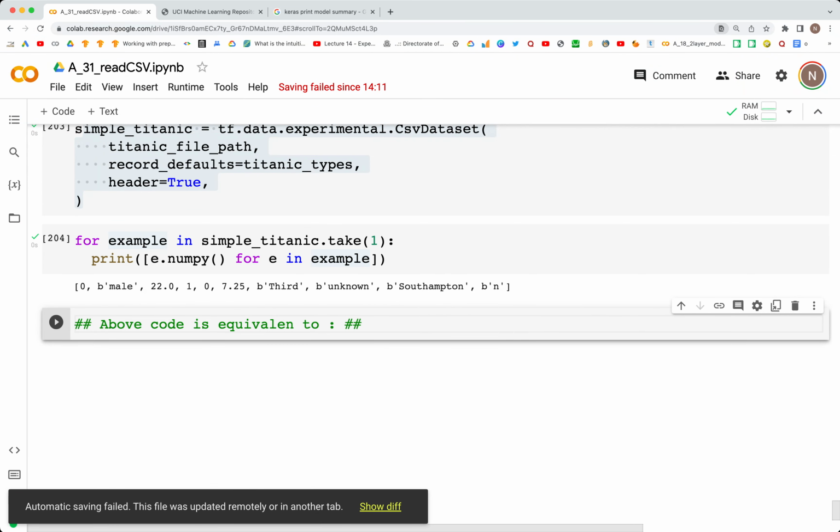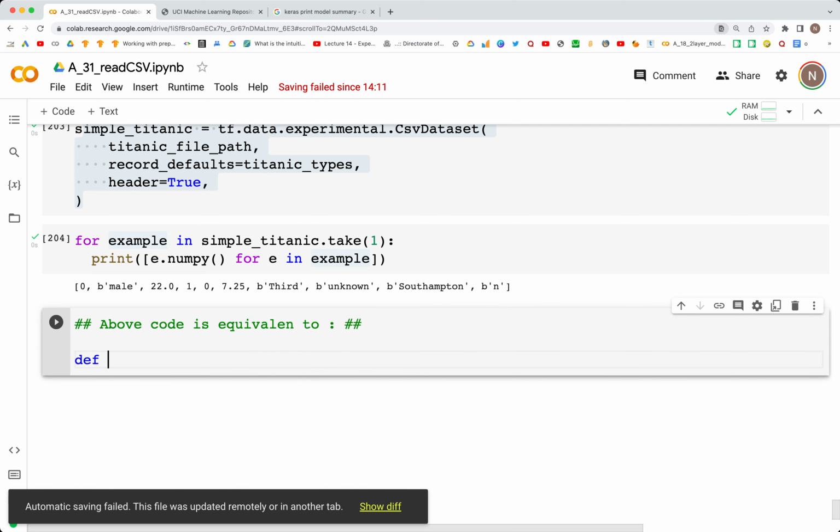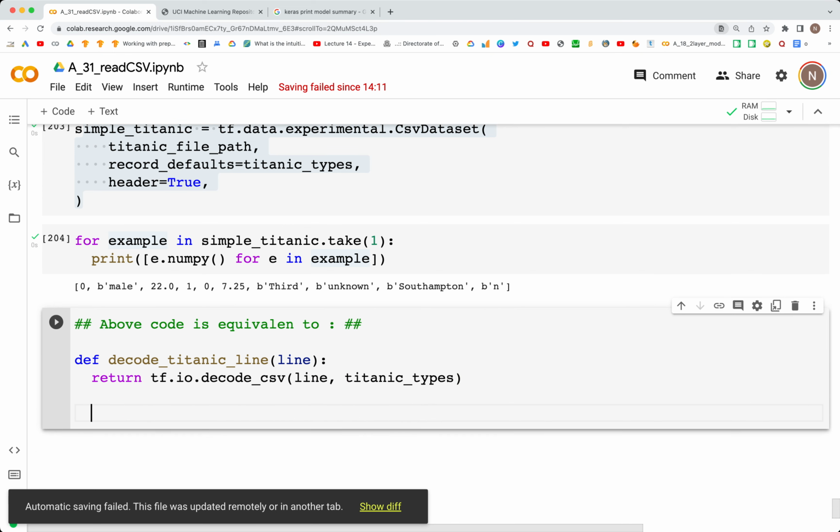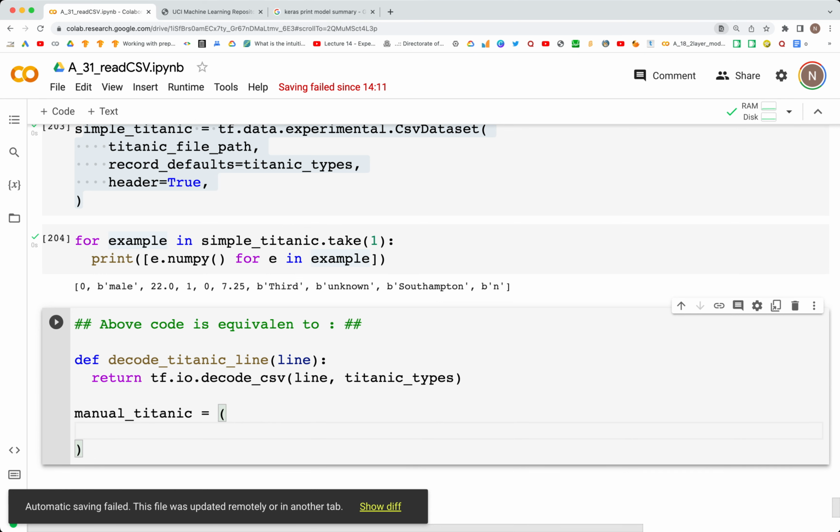So let's type that: def decode_titanic_line, return tf.io.decode_csv(line, Titanic_types), and we have manual_titanic is equal to